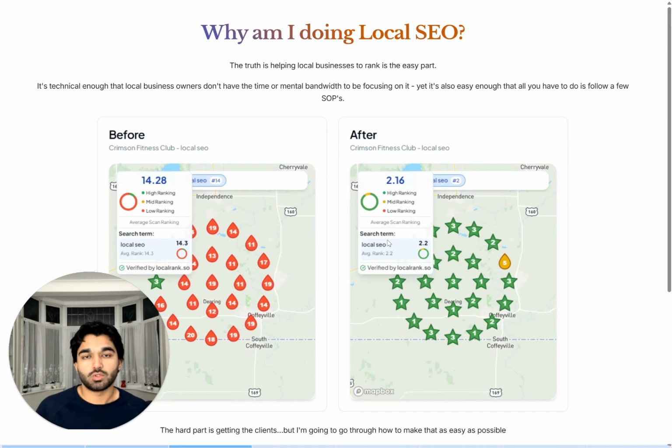Now, the reason why I chose local SEO is because local SEO is just incredibly easy to do. Like, you don't need to be an expert SEO. You don't need to have all these black hat and gray hat strategies. All you need to do is just follow a few SOPs, a simple step-by-step checklist, and you're good to start ranking for your clients' business or your own business, right? It doesn't really matter. All you just need to do is follow a step-by-step process and you're good to